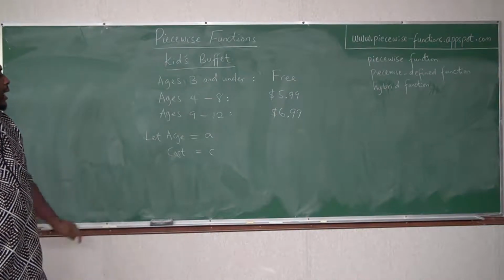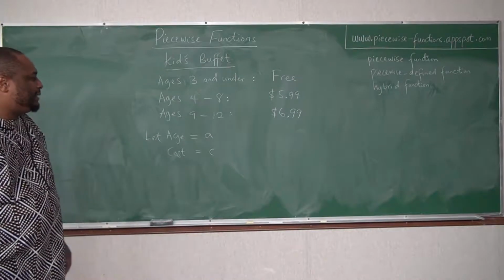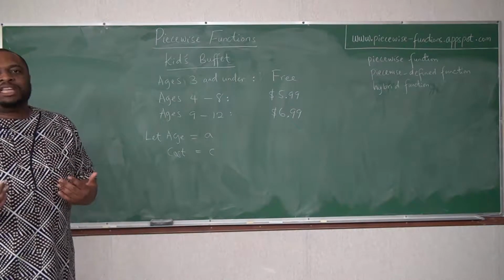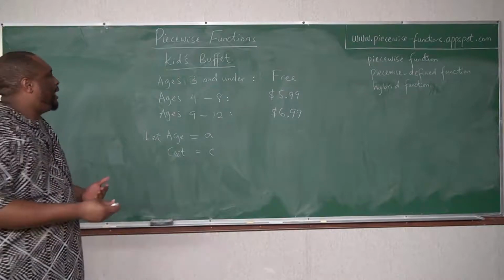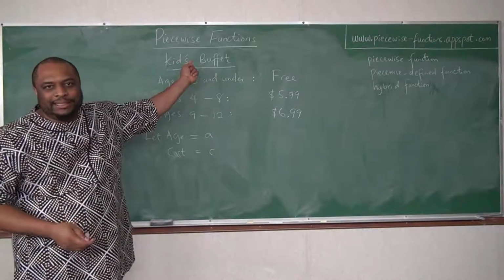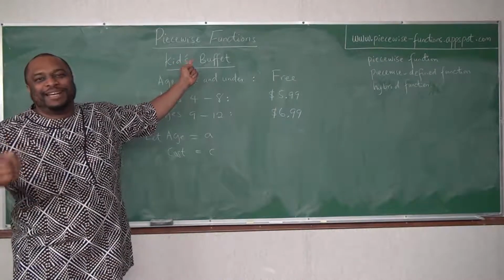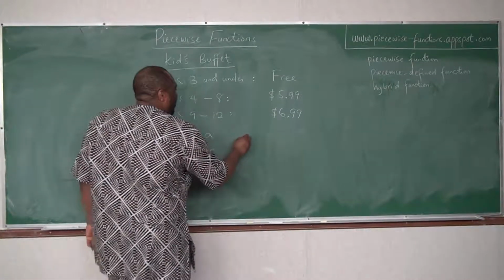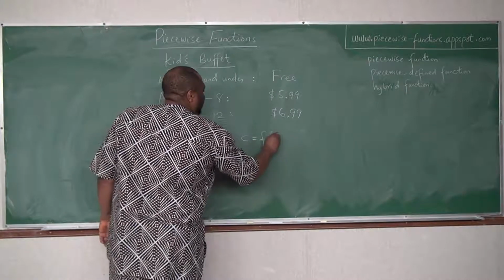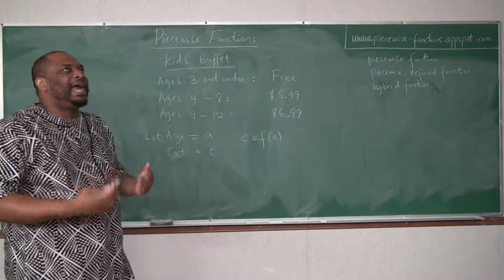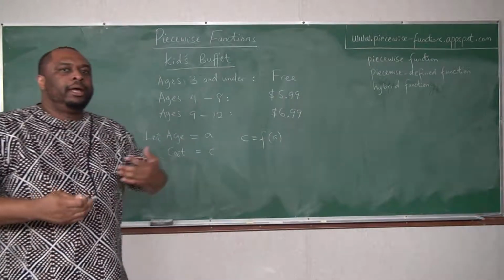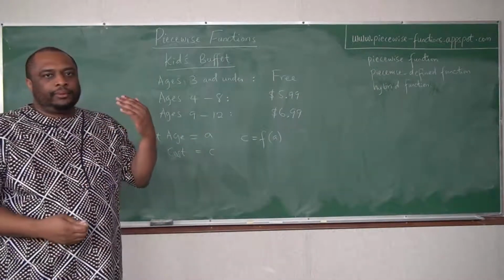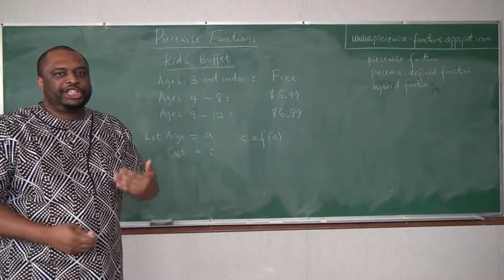So as you can see here, C, the cost of the meal, is a function of the age of the child. I don't really like using kids. I prefer children. Now, the cost is a function of the age. The age is not a function of the cost. When we did functions, the cost of the meal for each child is a function of the age of